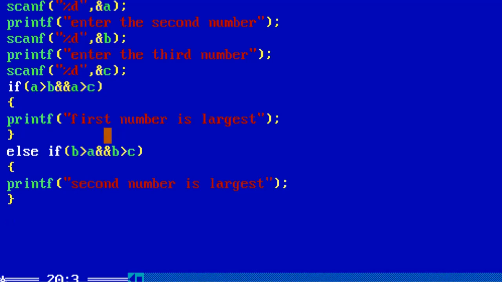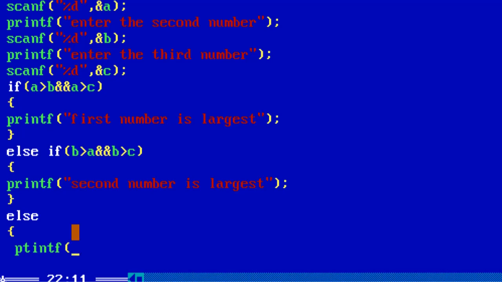Okay. If the first condition is true, then the output is this. Otherwise it will go to the second condition, then the output is this. If both conditions are false, then it will automatically jump to the else part, and whatever you print here, it will print.